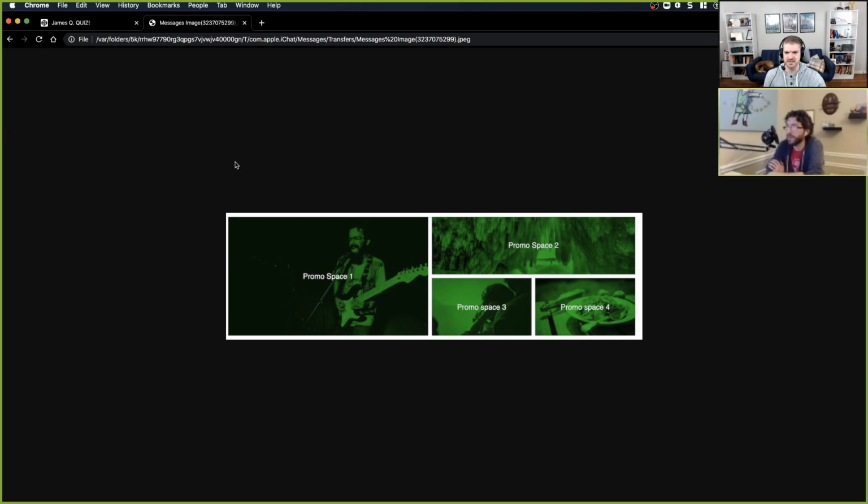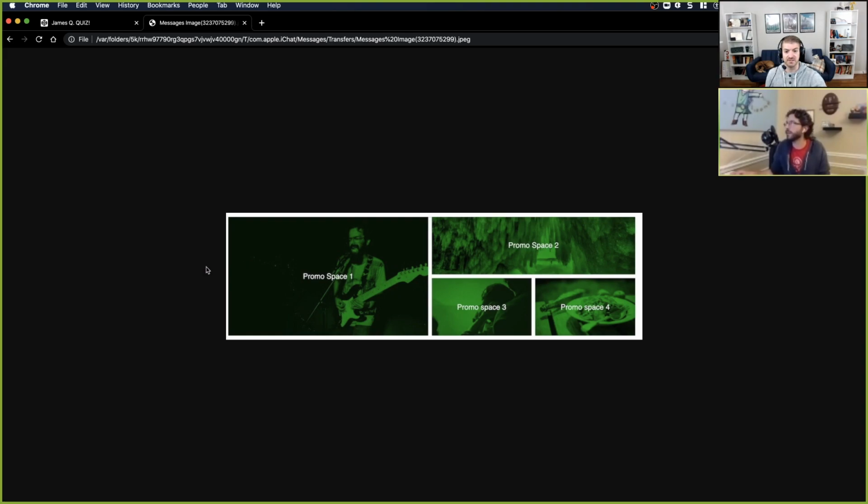To me, this is pretty straightforward. This is four columns and two rows. This is probably a great time for grid template areas, where I would define an area that takes up two columns and two rows for the first promo image. Then promo space 2 is one column, two rows, and promo spaces 3 and 4 take up one column, one row apiece.